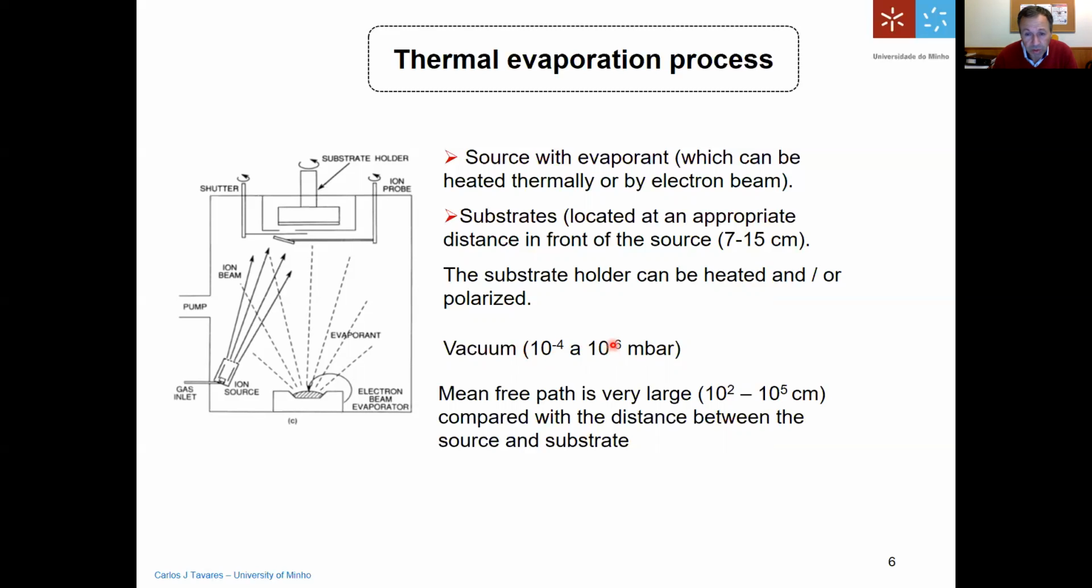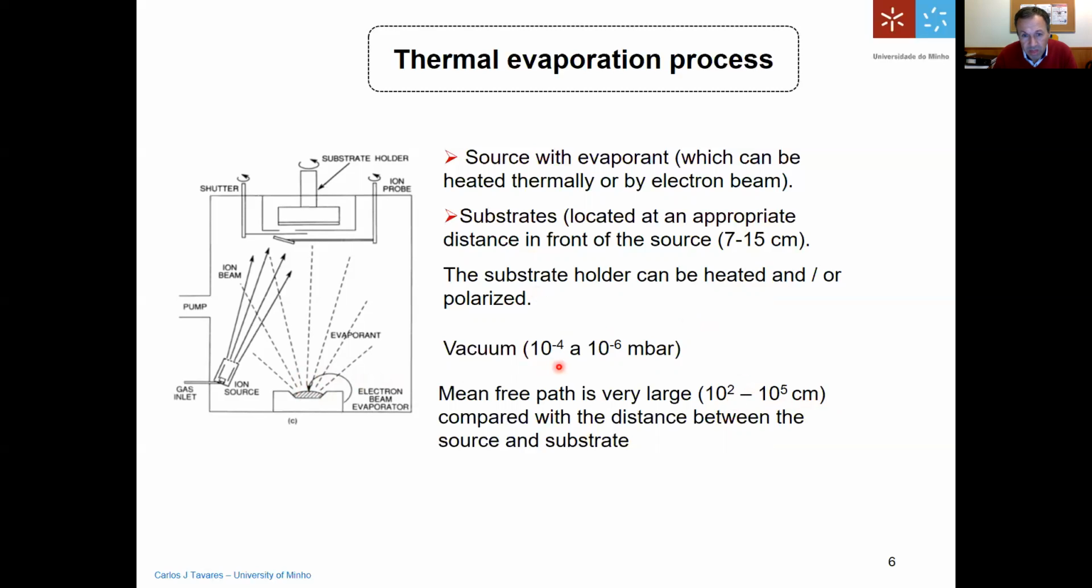Normally, in our laboratory, we expect to have something like 10 to the minus 6 millibar. And 10 to the minus 6 millibar is 1 billion times lower than atmospheric pressure. This means that at this very low pressure, the atoms can have a very large mean free path. It means that these evaporated atoms can travel distances between 1 meter and 1 kilometer at this kind